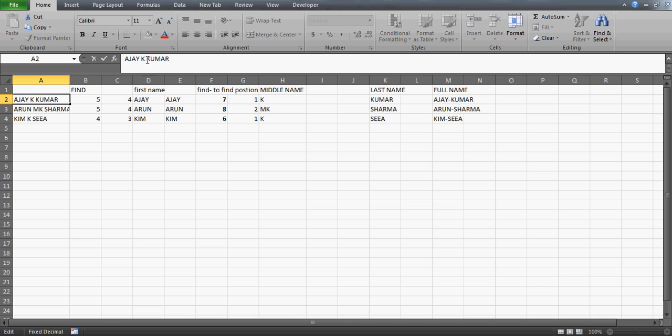And to find the last name, it is quite simple. I search the position of the second space, and then using the MID function, I said that after the second position, start from the next alphabet, which is K, and return me 100 or 1000 characters, so that in case there is a long name with 15 or 20 characters, it is covered within the 1000, right? No name can be greater than 1000, and if it is, you can further increase it. That's not the problem, right? So that's how you can do it using the advanced Excel functions.